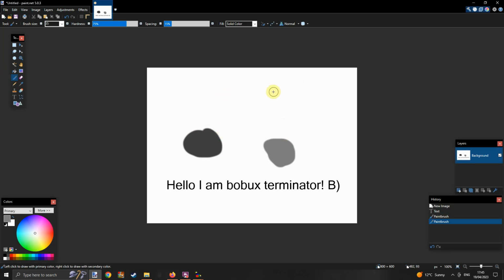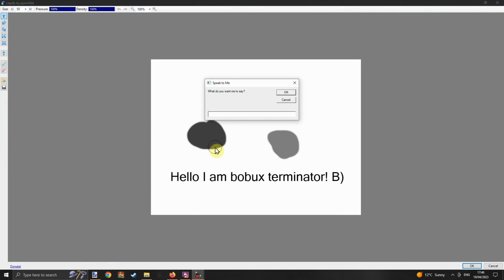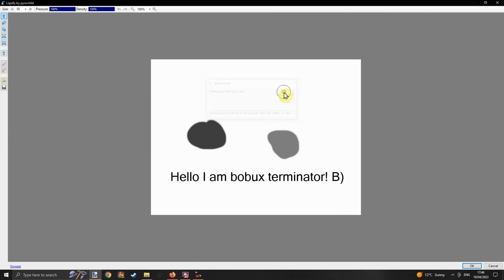Also at the start choose your background color because you need to do it more than the other background tutorial I did, the one where I made the background black. Put pressure and density to max and just make any pattern you like.